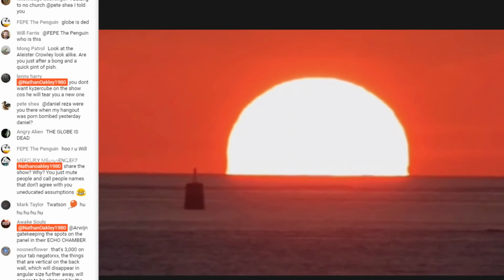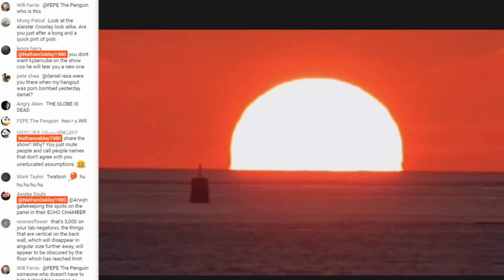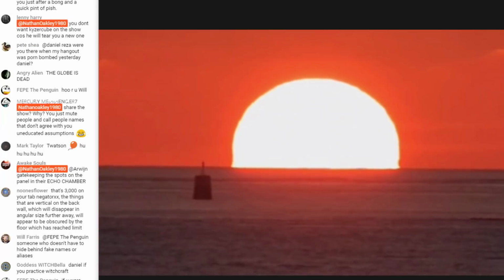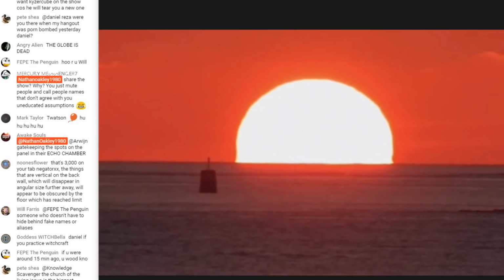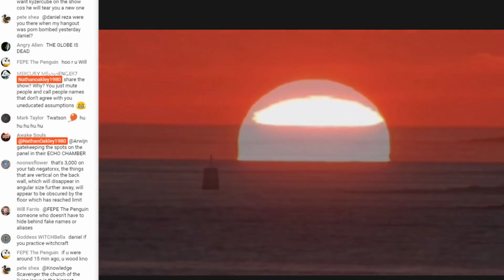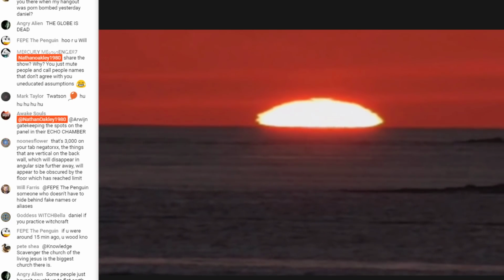Have you just considered measuring the buildings? You're saying this is how far away they are, and this is how tall the building is in the picture. Anybody with some calculus may be able to create a brand new formula. Yeah, but it's not really for us to do. Why not? You guys are trying to prove the flat Earth.